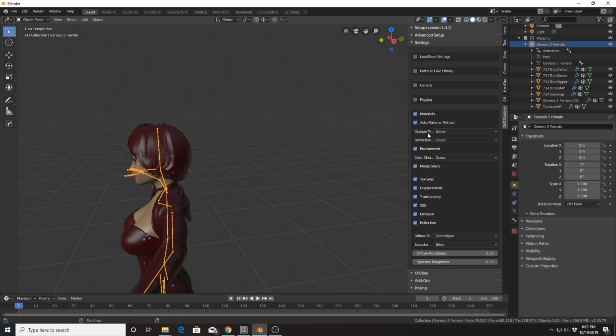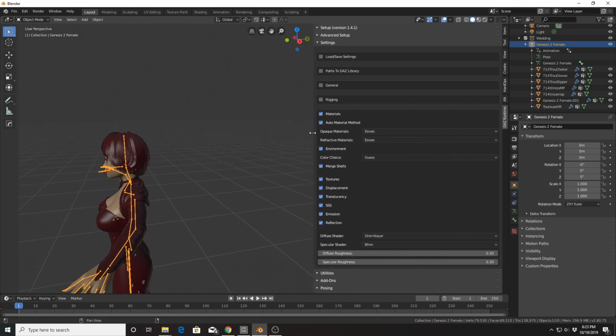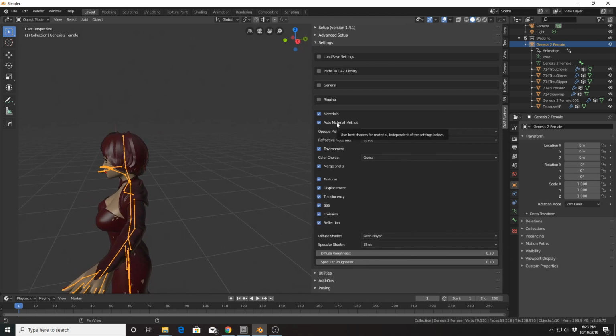Materials: how you want to treat your materials when you import. My default is what's compatible with Eevee. You can also just do the BSDF or the Principled Shader. I believe some of these options used to be at the import menu when you selected your file, and they just moved it to here.